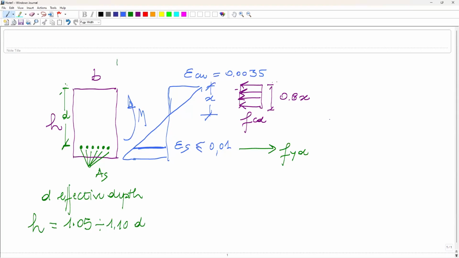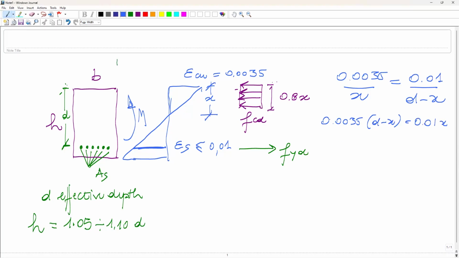And in order to calculate it, we use the similitude of triangles. We say that 0.0035 divided by x is equal to 0.01 divided by d minus x. So we write, and you find that x is equal to, I just go quickly because you have already done it, which is close to 0.25d. Okay? So if x is 0.25d,